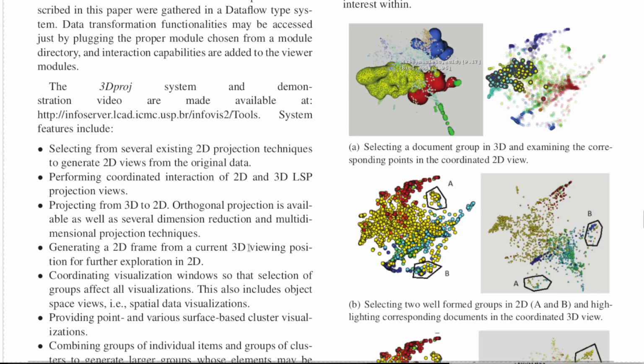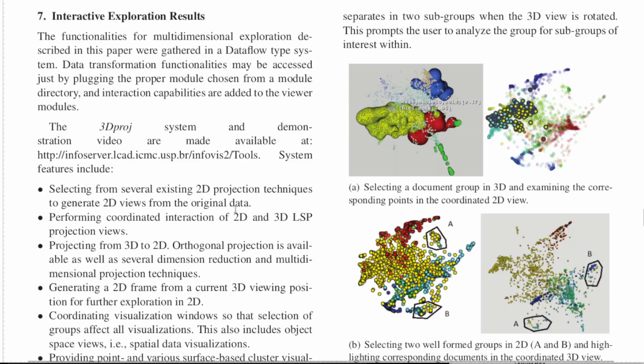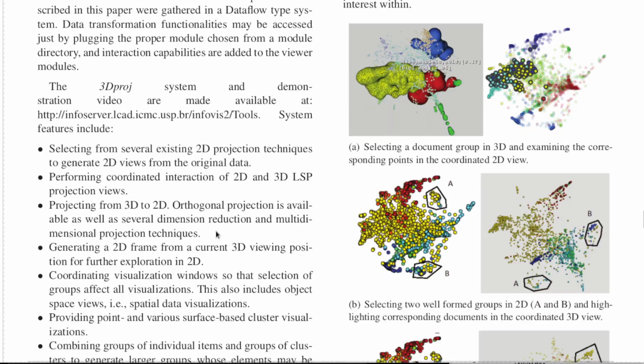Interactive exploration results. The functionalities for multidimensional exploration described in this paper were gathered in a dataflow type system. Data transformation functionalities may be accessed just by plugging the proper module chosen from a module directory, and interaction capabilities are added to the viewer modules. The group separates in 2 subgroups when the 3D view is rotated. This prompts the user to analyze the group for subgroups of interest within. The 3D Proj system and demonstration video are made available at